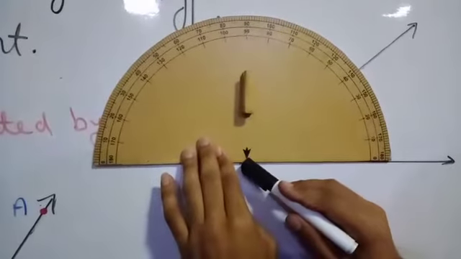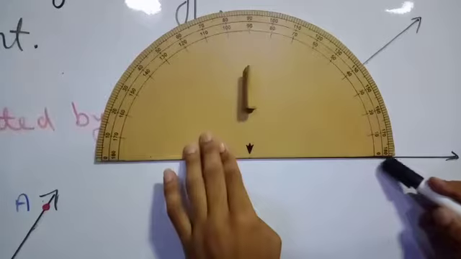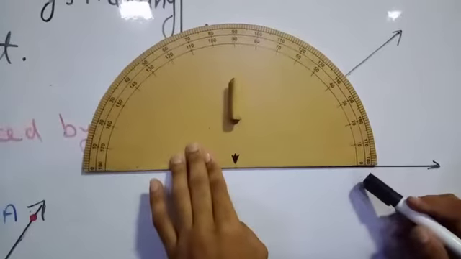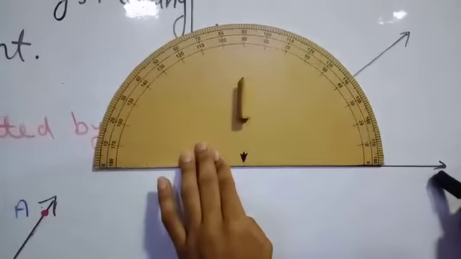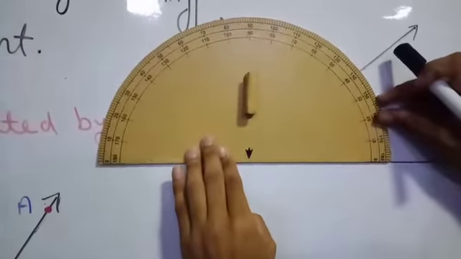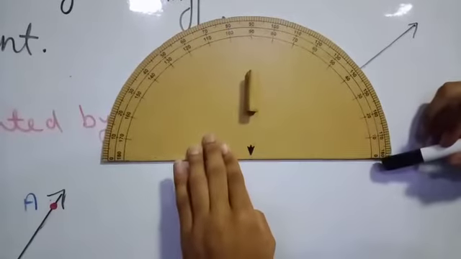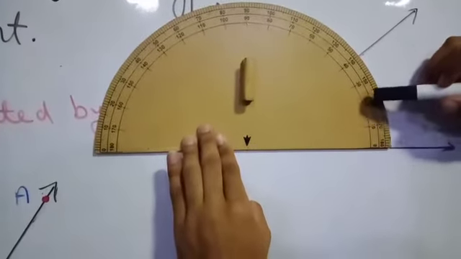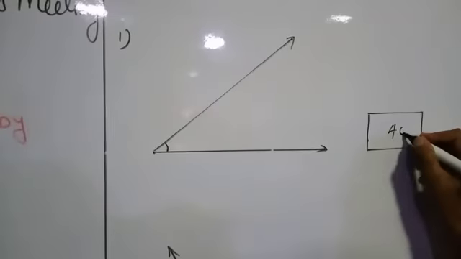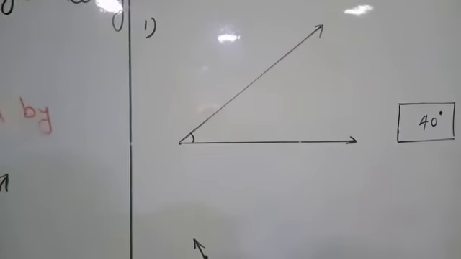We put this arrow on the vertex and cover this one arm with this line that we have on our protractor, and we have to start measuring from the arrow. On this right hand side we have the arrow, so we are going to measure from here, and we should start from 0: 0, 10, 20, 30, 40. This way we can write here that the measurement of the angle is 40 degrees.